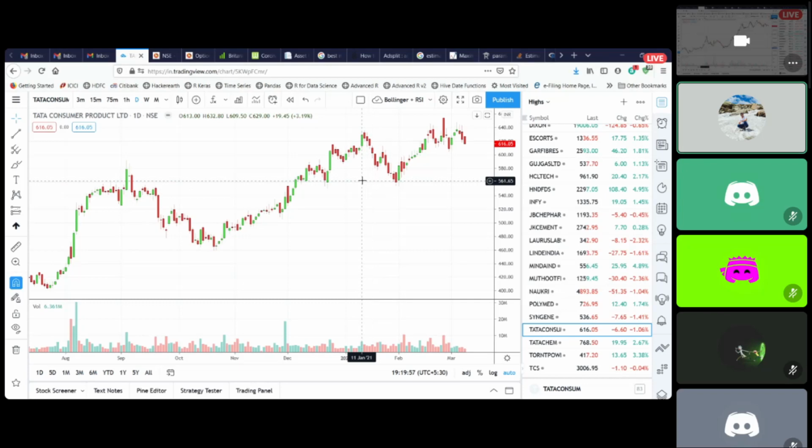No. Stop losses are always manual. So it's always a close below the support. Whenever I see that it is finally closing below this, that's when I would end up cutting it. It's not a fixed point on the chart. It won't happen that I will place a stop loss at 550. I will see the market come to 550, close below it, and then I will cut my position.